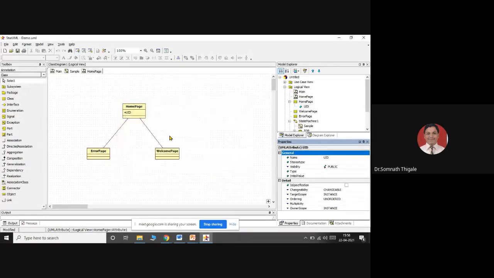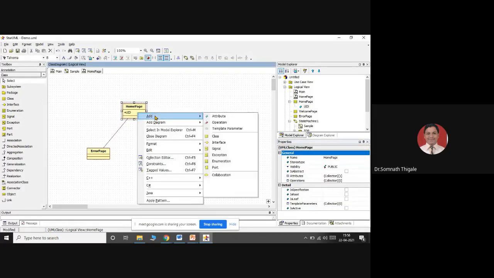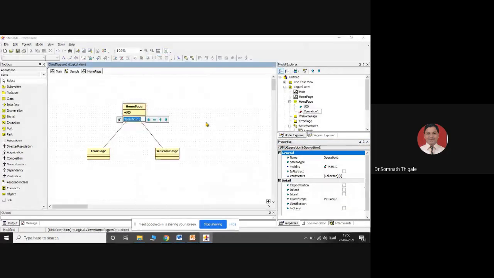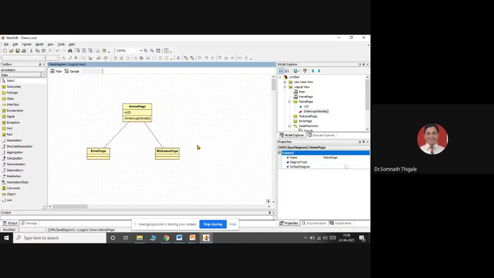Close this part, and I will add one more operation for simplicity only. Add operation. I'll select enter login details. Only this part. I'll save this. Just imagine my complete class diagram is ready.